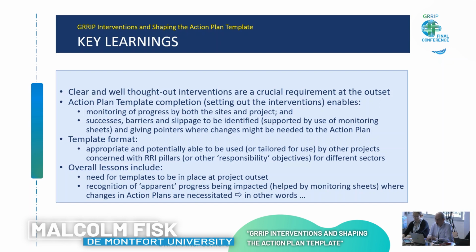And the overall lessons, I think, are the need for templates to be in place at the project outset, and also to recognise a point that has been made today already, that apparent progress, you can't see it all in just numbers, because very often changes to the action plans were necessitated.